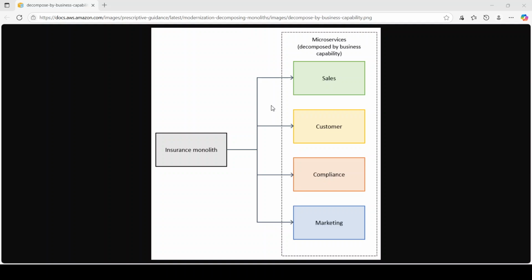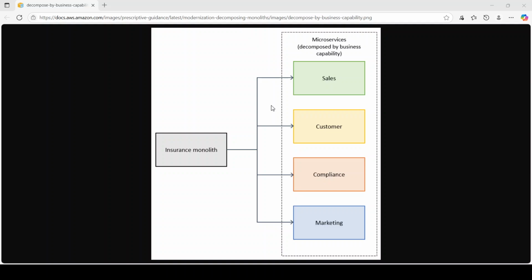Let's look at a real world example of how this benefits an insurance company. Let's say insurance company X had a monolithic application like the one on the left hand side that handled policy, sales, customer data, compliance checks, and marketing campaigns. The disadvantage is it's all in one massive code base. After we have decomposed it by business capability and moved to microservices,